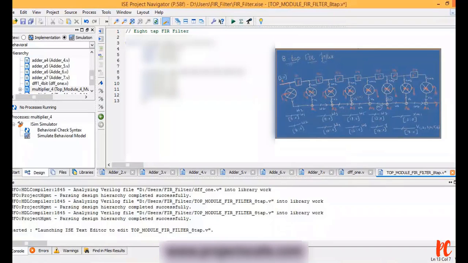be W4, similarly 11 down to 0, this will be W5, one more wire 12 down to 0, this will be W6, finally 13 down to 0, this will be W7. So these 7 wires are required, and the last wire that is needed at the